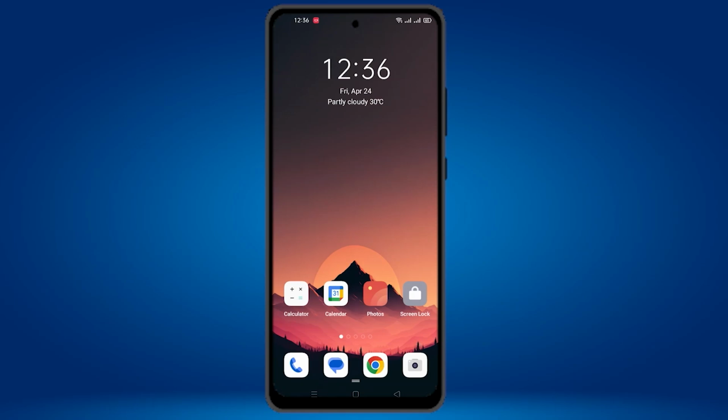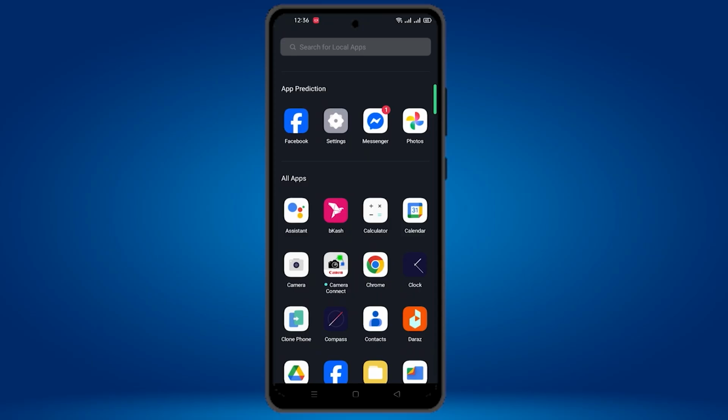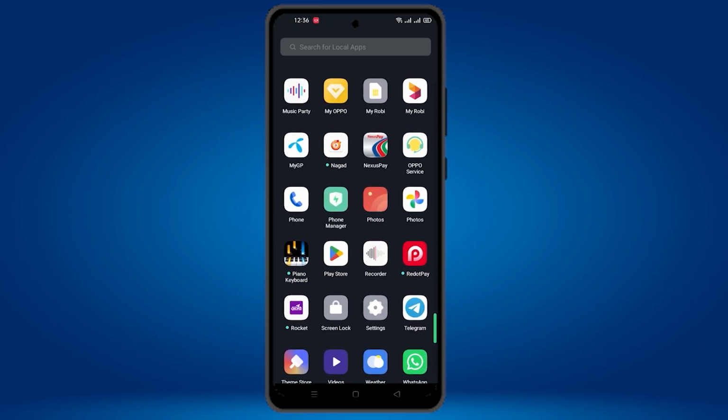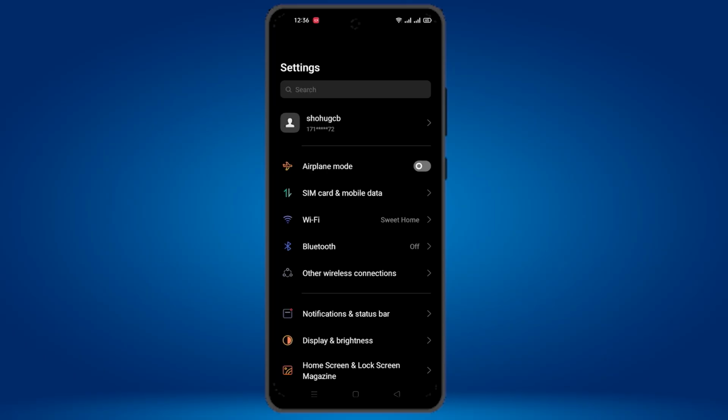Hello everyone, in this video I am gonna show you how to enable or disable developer option on any Android phone. So let's start. First of all, go to settings option, scroll down here,